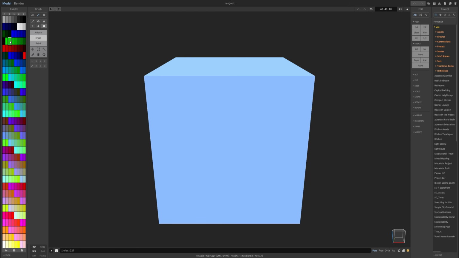I have it selected. If I go over here, you can see I'm not placing the color because by default, when you open Magicavoxel, it's set to box mode and to erase. So to fix that, all you have to do to paint with this color is select this, paint voxels,